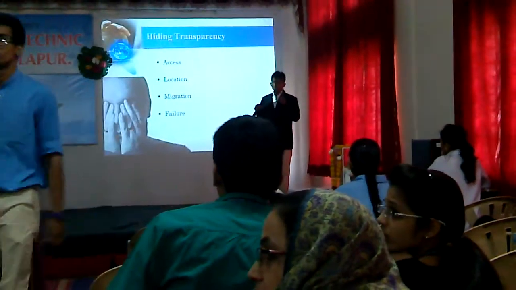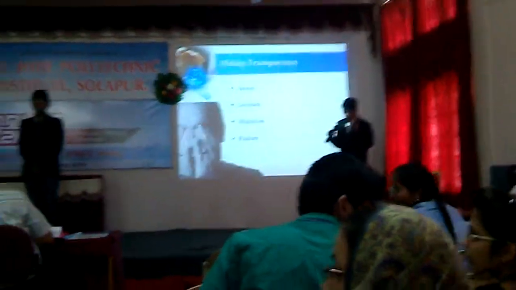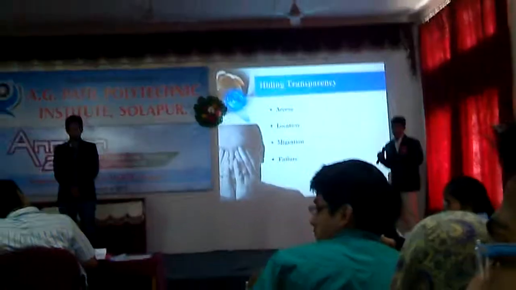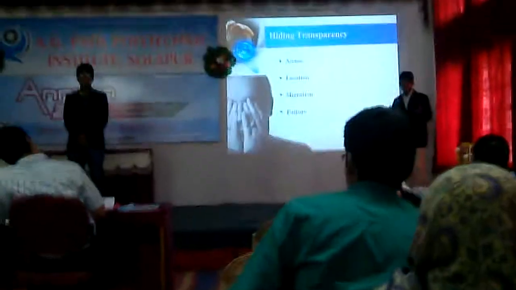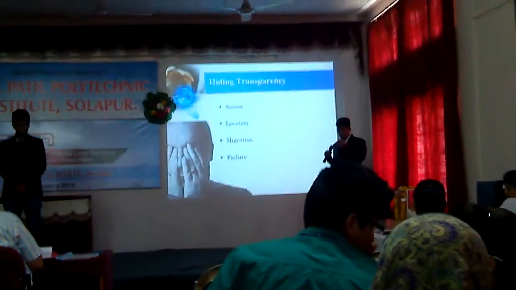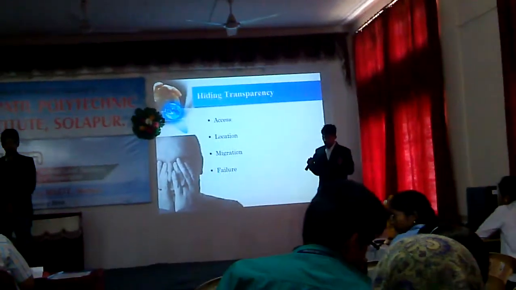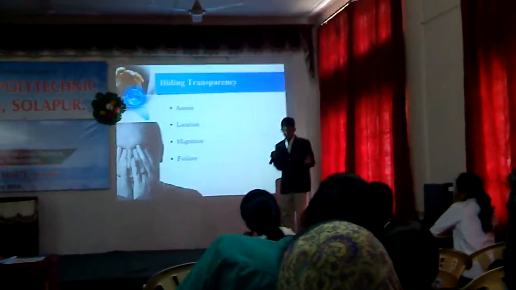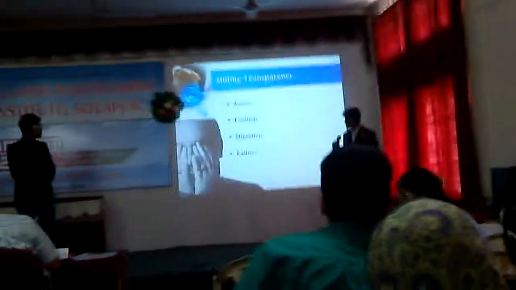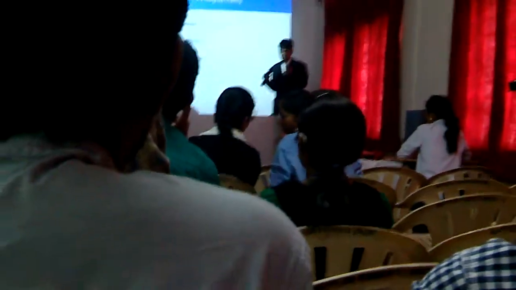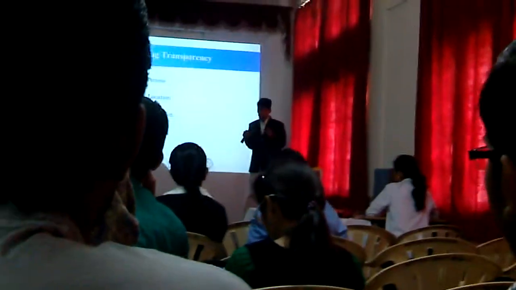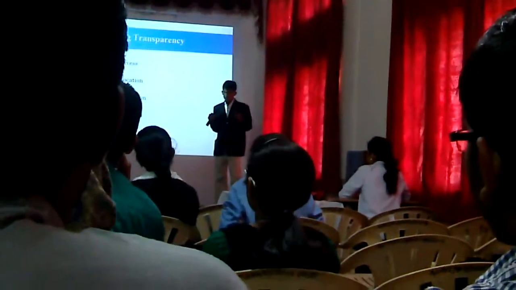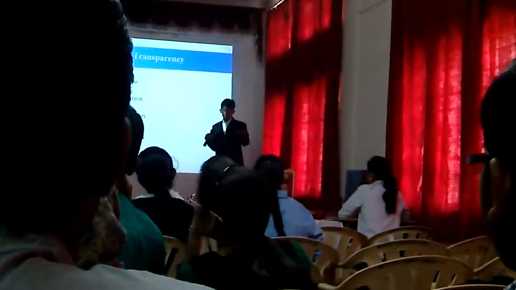Migration means moving of data. There is some situation where some of our slaves fail to work, so there is a need to move that particular data to some other place. Then that is hidden from the user. If there is a failure in any of my slaves, that is also hidden. There are still some other hiding objects, like concurrency, which means internally the same resource is allocated to different, multiple users, right? That is also hidden.